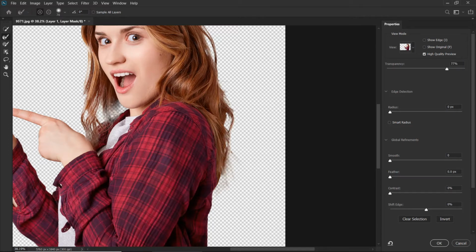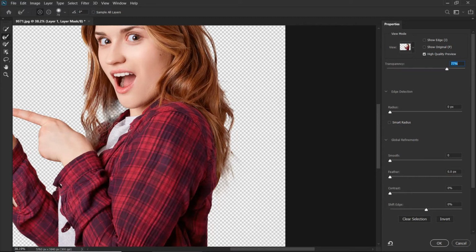And let me tell you one thing, selecting hairs in Photoshop or any other software is really a very difficult task, especially the fringes. As you can see, the fringes are coming in this hair, because as you know, the diameter of the hairs is very thin, so light bends across these hairs, and these tiny hairs grab the color of the background. And in our case, the background color is white, so it's catching the white color of the background.